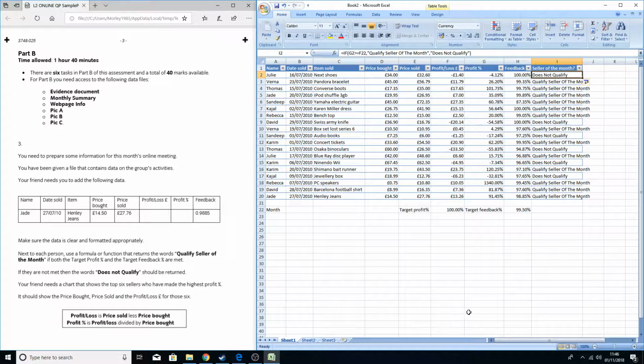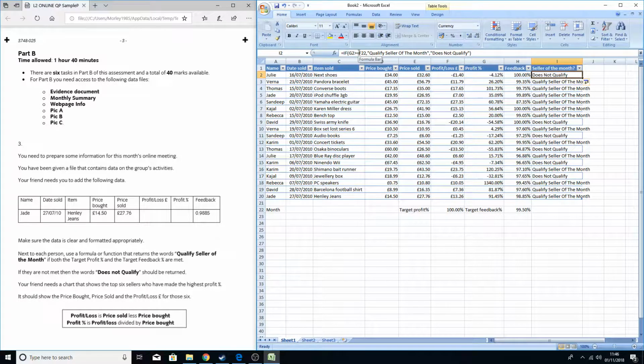I press OK, and now what it's done automatically at this point is put in some predicted outcomes from what it's doing. But there's a little thing here called absolute cell references that we need to do. So you'll see here F22, which is that cell. That's what it's taken into account. But because I'm not using an absolute cell reference, each time we move down it's shifting all the cell references down one row, you'll see that the F is now F25, which is blank. F26. So what we need to do is to try and lock that F22 in place,